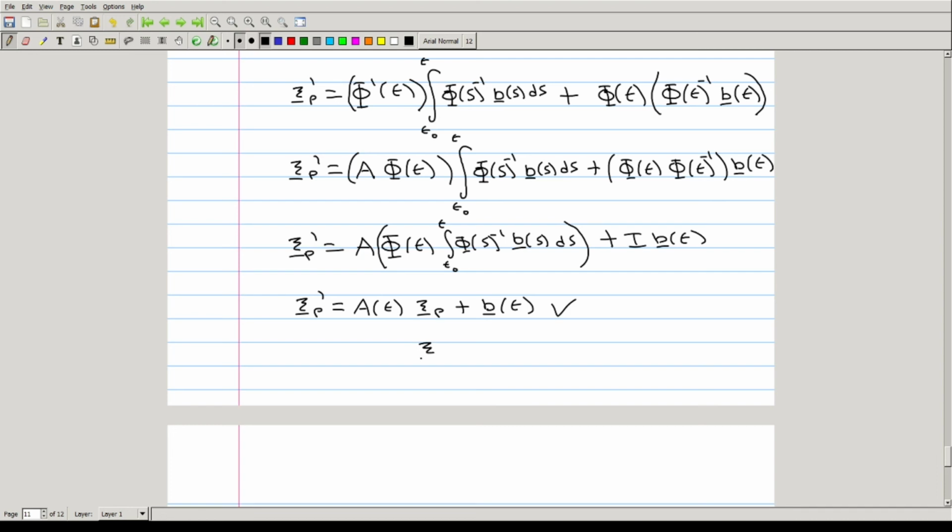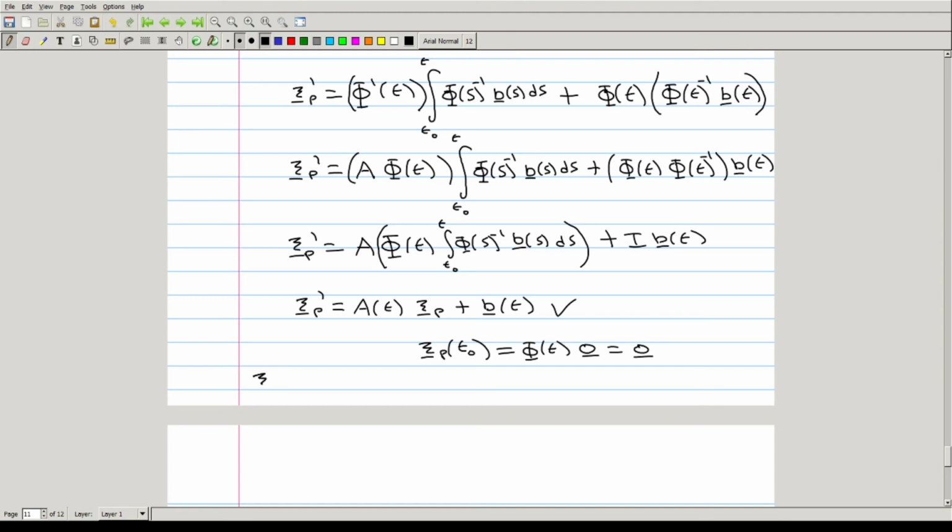In the initial condition, if you plug in t naught here, you get the integral from t naught to t naught, which is the integral from a constant to itself, which is equal to 0. So this will be phi of t multiplied by the 0 vector, which is just equal to 0. So there's the 0 vector,